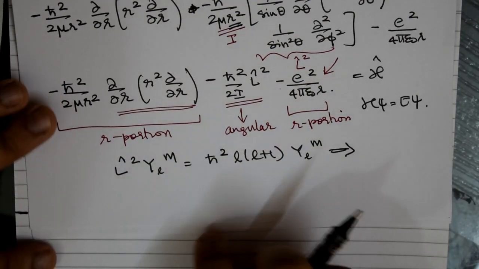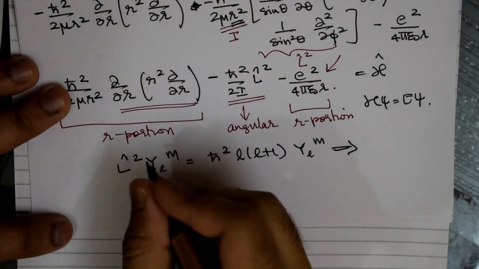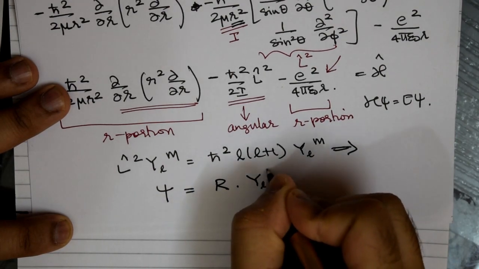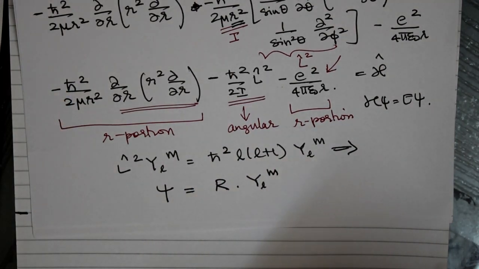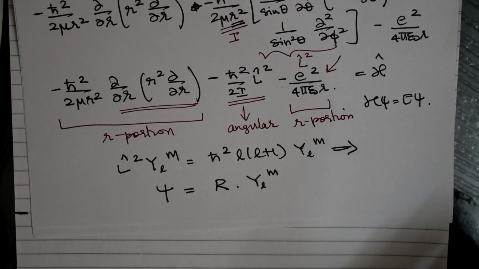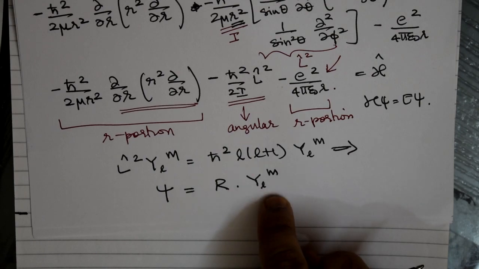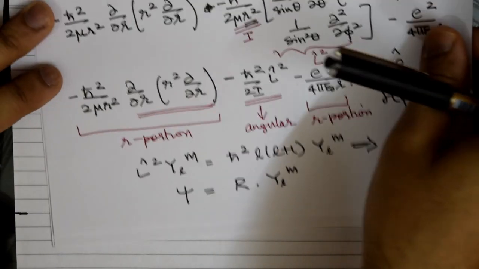Therefore, if we are able to divide our wave function as the radial part times the angular part, where the angular part is represented as a solution of the spherical harmonics, we will be able to adopt the previous methodologies that we have seen in the class, that is separation of variables, right? The moment you are able to separate it into R and the YLM part, this should be easy to solve. So let's take a look at it now.